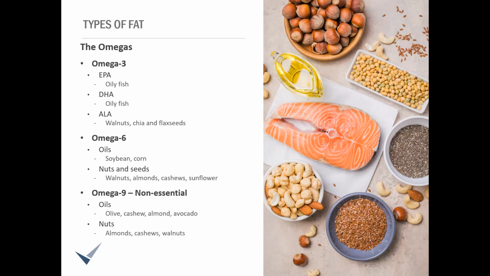Again, there isn't a recommendation for this because your body makes it, so it's not something you really need to worry about supplementing or making sure you're getting specific foods. So bottom line with omega fatty acids, they all have benefits, but we want to shoot more, I would say, for more of the omega-3s, keeping that ratio of omega-6 to 3s close. And then the omega-9s we kind of get no matter what. So we're good to go there.